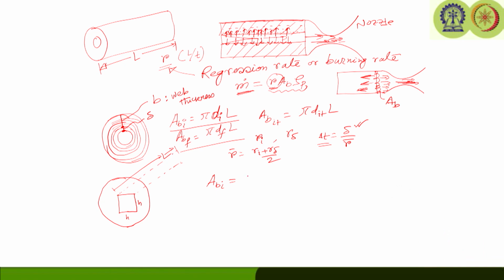Now, we can consider a different time instance. At the first instant, the initial burning surface area is 4 H into L. So, this is the initial burning surface area. Now, if you look at, let us say there is a delta